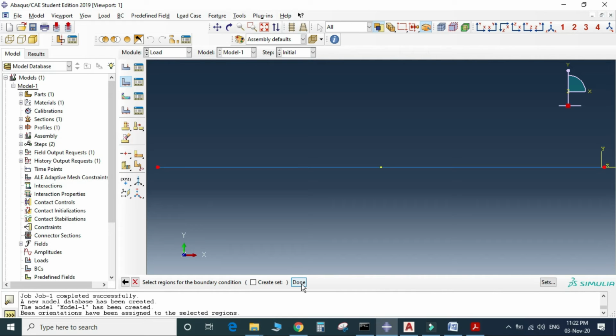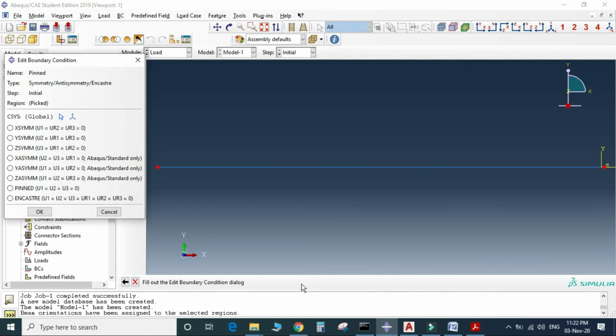Done. So U1, U2, U3 is equal to 0. Okay.